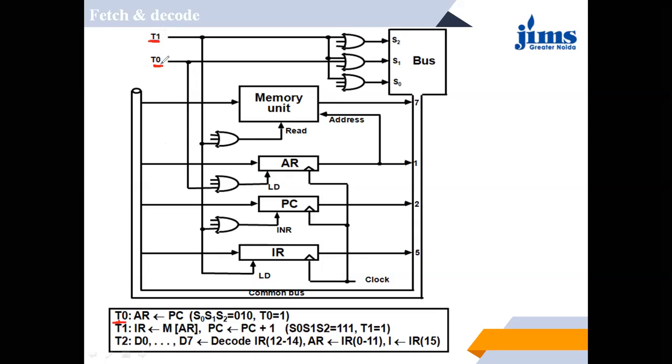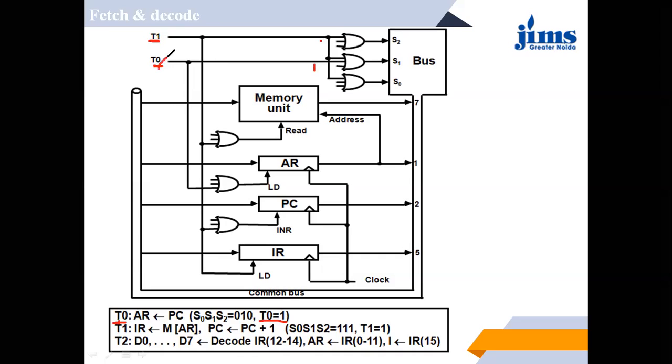So when I am saying that t0 is 1, this is 1 means S1 is going to be selected. The value of these are 0. When T0 is active,